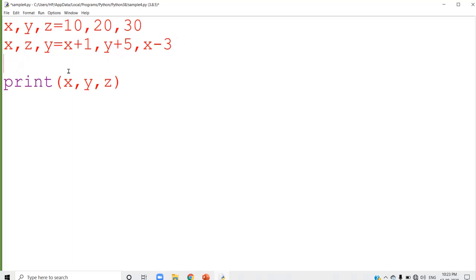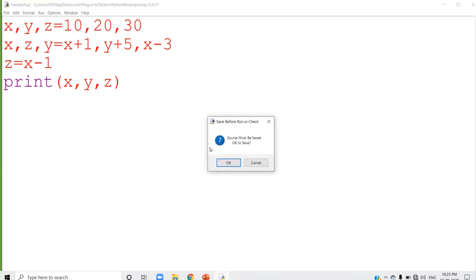I'll show you. I am going to write another variable. Again, Z equal to X minus 1. Here X is 10 plus 1, 11. 11 is given to X. So X becomes 11 now. After the execution of this sentence, X becomes 11. That 11 minus 1, so Z is 10. So check it. Is 10 displayed as the value for Z?